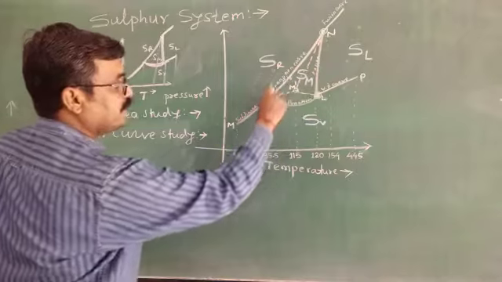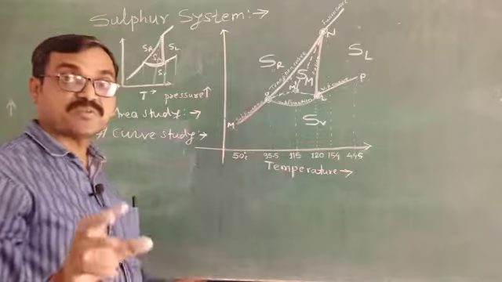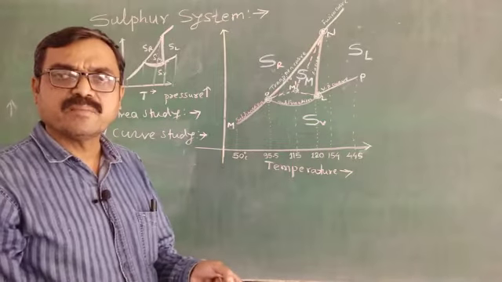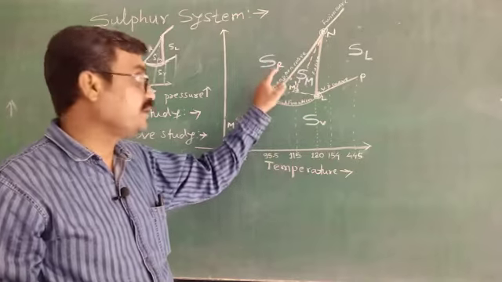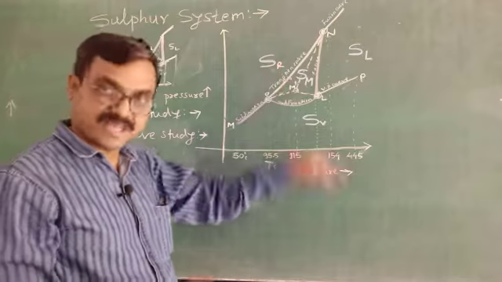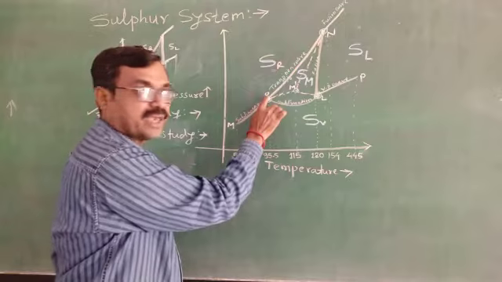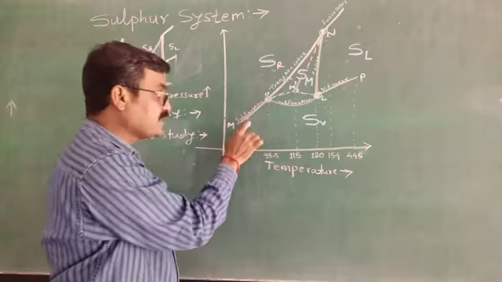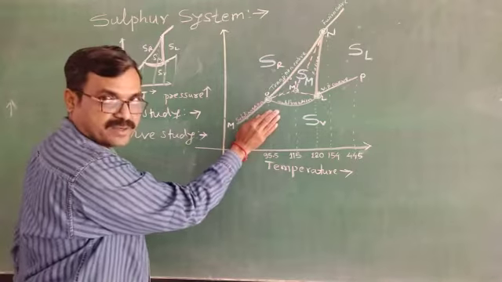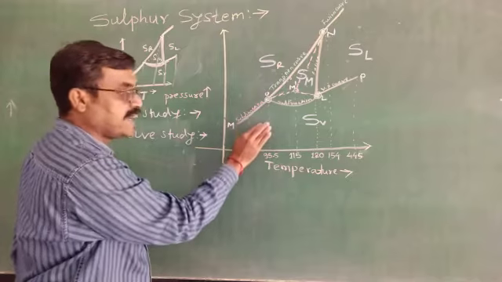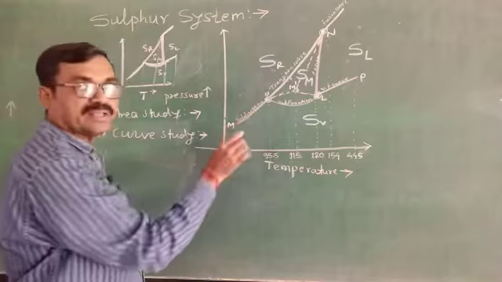Now these are the various names of the curves. This is a transition curve. Why? Because there is a transition temperature: both forms are in the solid state, but they are different crystalline forms, differing only in their physical properties. That's why this is a transition curve, and this is the transition temperature. Okay, this is the sublimation curve. Why sublimation? Here there is rhombic sulfur, no doubt solid. Here there is the vapor phase of sulfur. When a solid is directly converted into vapor, it is sublimation. That's why it is known as the sublimation curve.